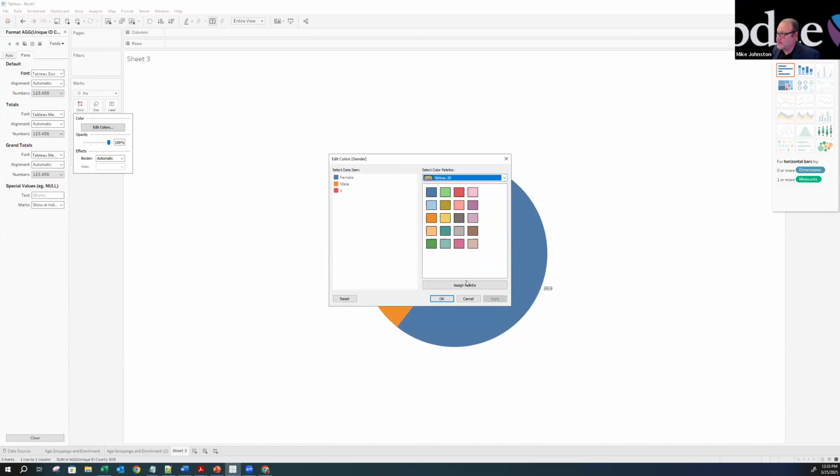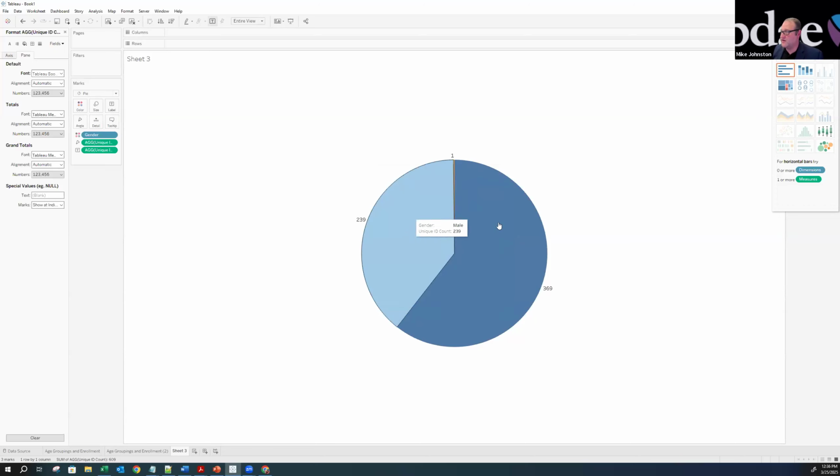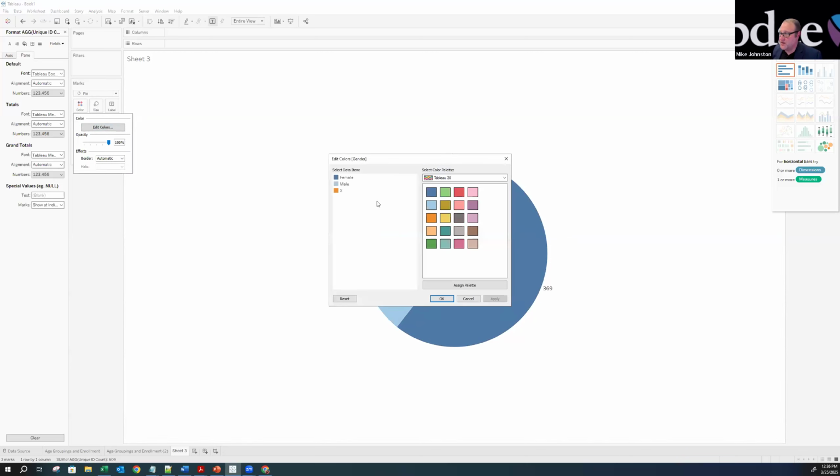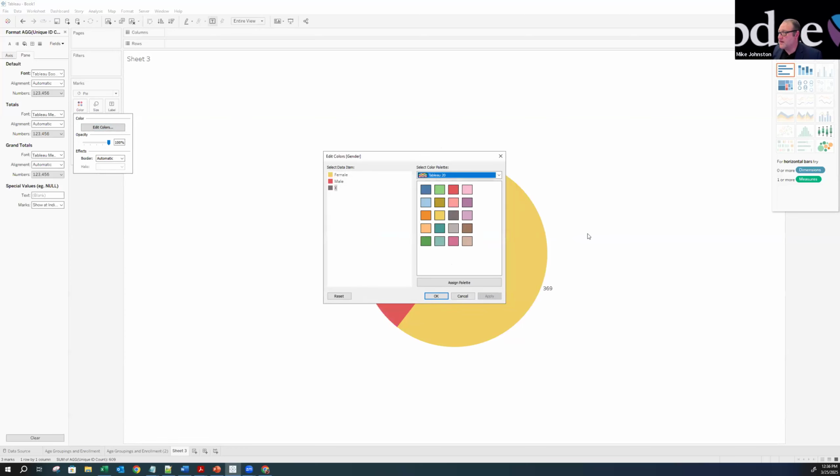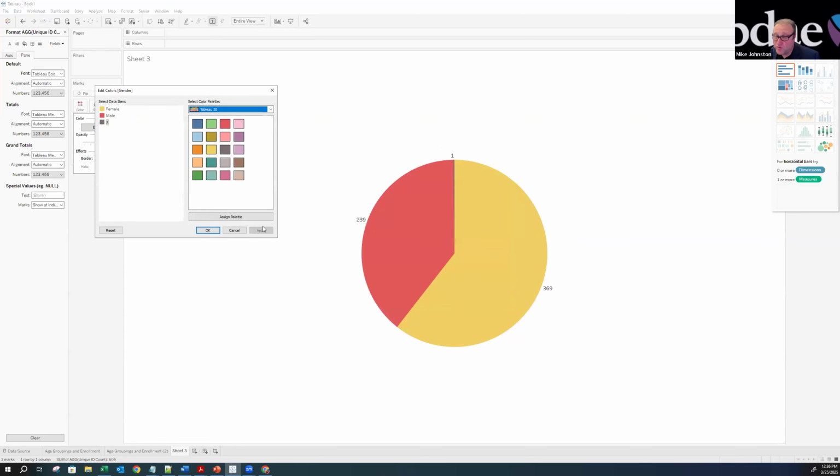So now I'm just going to choose my Tableau 20, and I'm going to say, just assign it for me. And notice here, it gives me a light blue and a blue, and then this orange for the unknowns. You can manually tell it to assign a color. So for example, if you wanted your males to be red and maybe your females to be yellow, and then your unknowns, we could do a value of gray. We could do something like that as well. And this might be more realistic towards the consistent type of color assignment that you'd like to do.